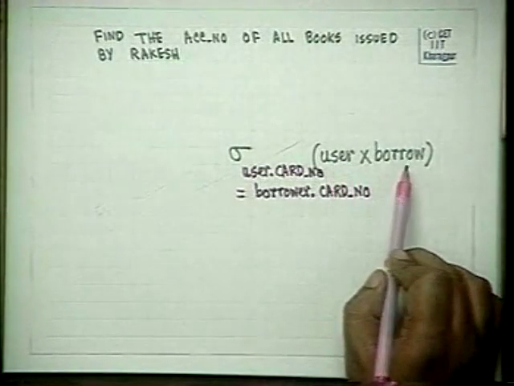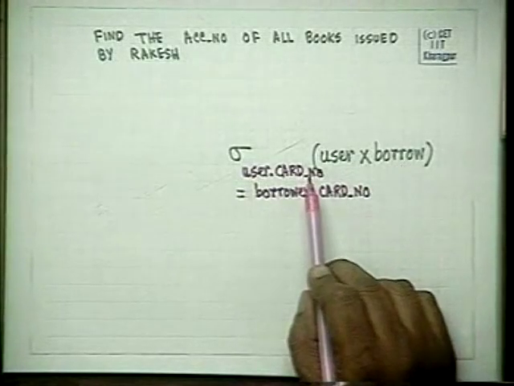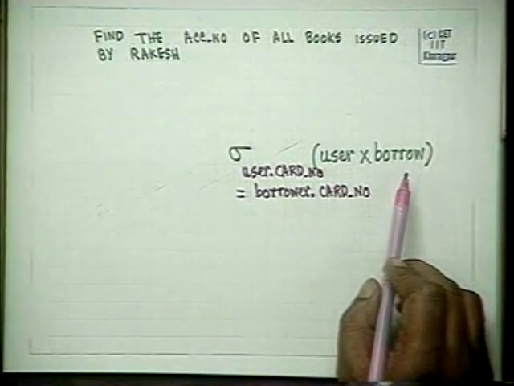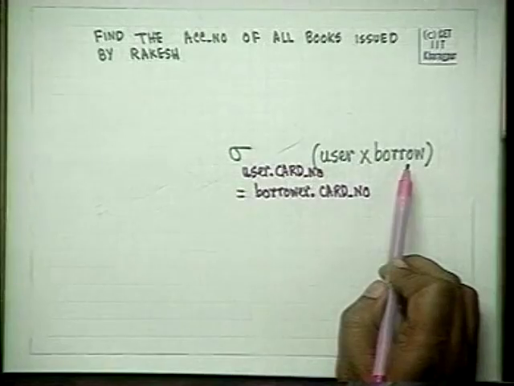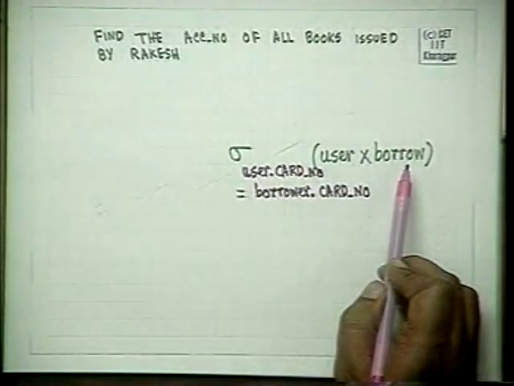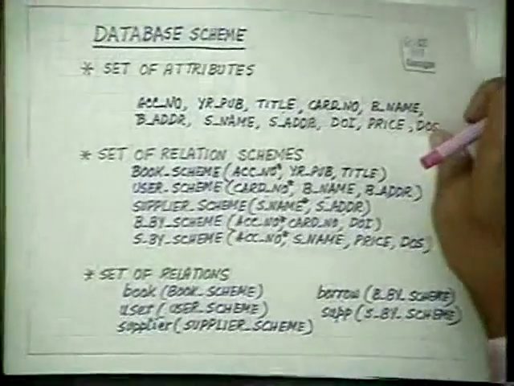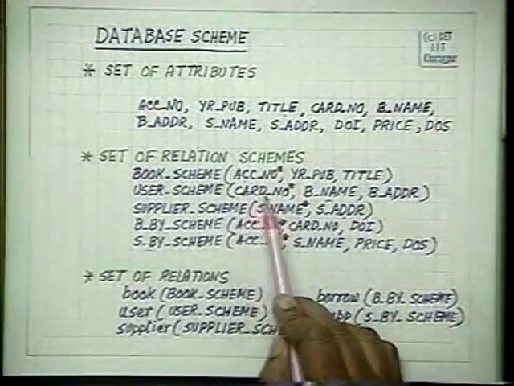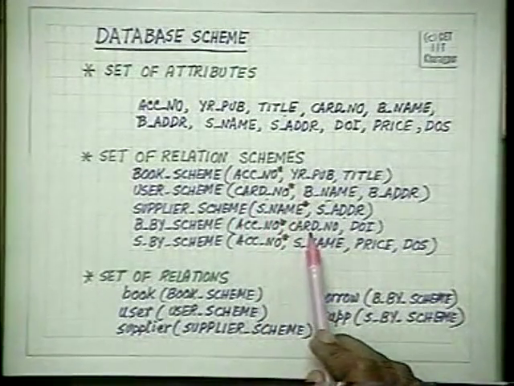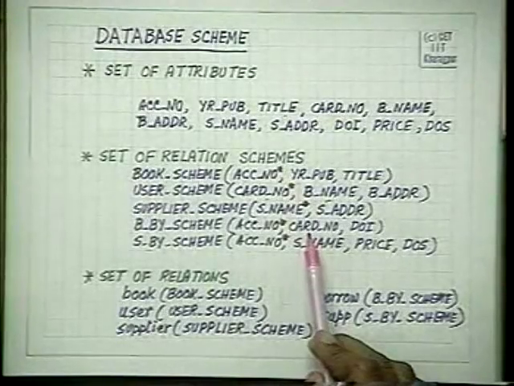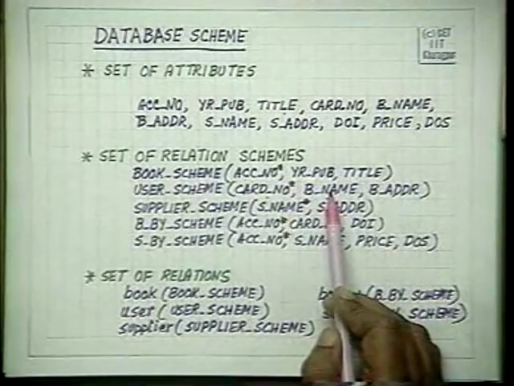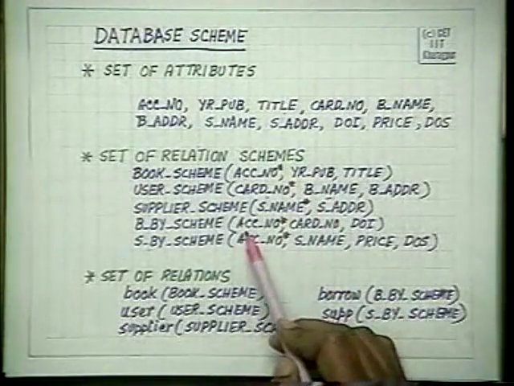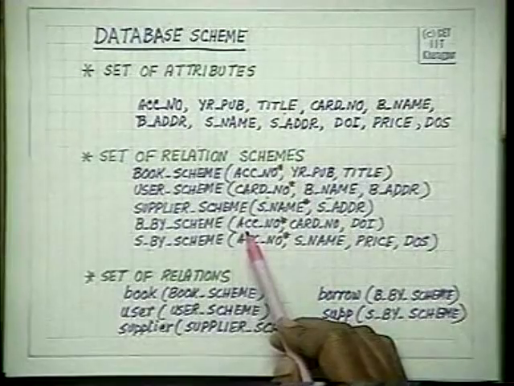So user cross borrow contains all possible combinations of users with borrows. I am interested in only those tuples which have got the same card number. That is, now I have got an alignment with the corresponding card number here and the corresponding card number here. From there, I will now match out those whose borrower name is Rakesh and accession number is what I want